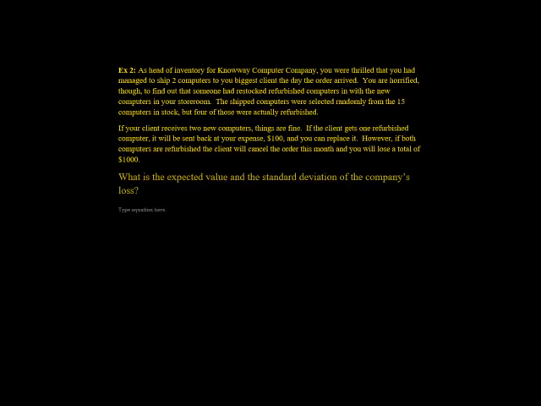We found the expected value, so now let's find the standard deviation of the company's loss. We're going to start by just finding the variance. So the variance of x equals a $0 loss minus the expected value, 99.01, quantity squared, times the probability of losing only $0, which is 0.5238. We're going to add to this losing $100 minus expected value, 99.01, quantity squared, times the probability of that event occurring, which is